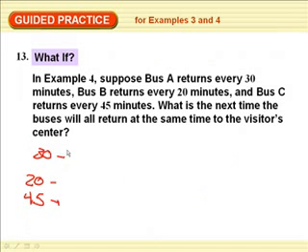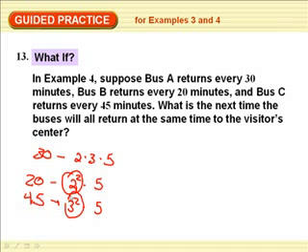Okay, I'm going to try to do this in my head. 30 is 5 times 6. 6 is 2 times 3 times 5. 20, 4 times 5, 2 squared times 5. 45 is 5 times 9, so it'd be 3 squared times 5. So the biggest 2 is 2 squared. The biggest 3 is 3 squared, and they all have a 5. So that's equal to 45 times 4. 180